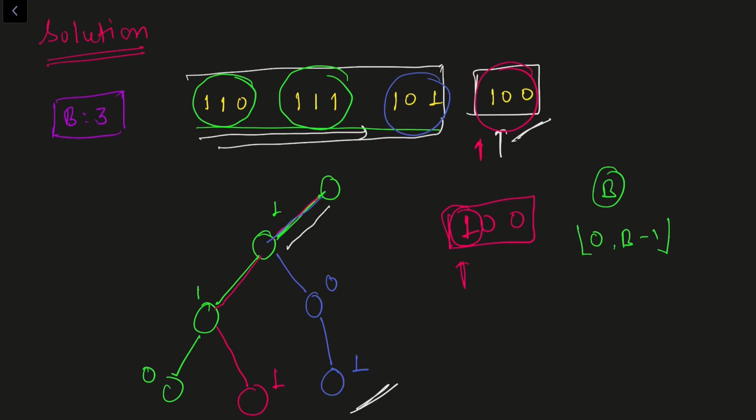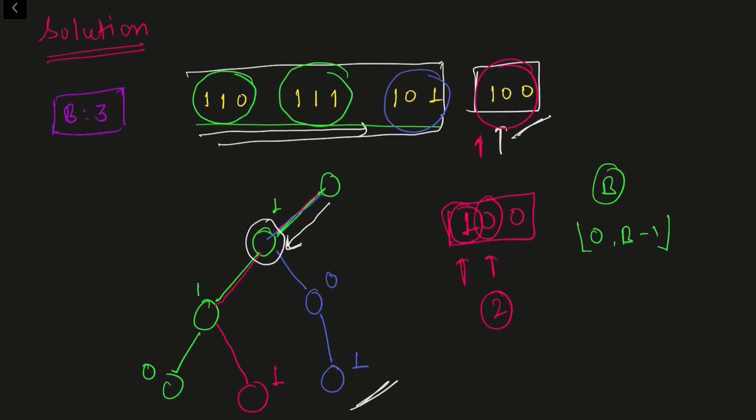We'll go there. We'll say okay, we are here now. Now from this node we'll try to check the second digit. What is our second digit? This is our second digit. We say that we need 2 here. So from this node I'll try to search for 2, and we can clearly see that we don't have any node which corresponds to 2, right? We have just two nodes. The first one corresponds to 1, the second one corresponds to 0. So we cannot make it 2.